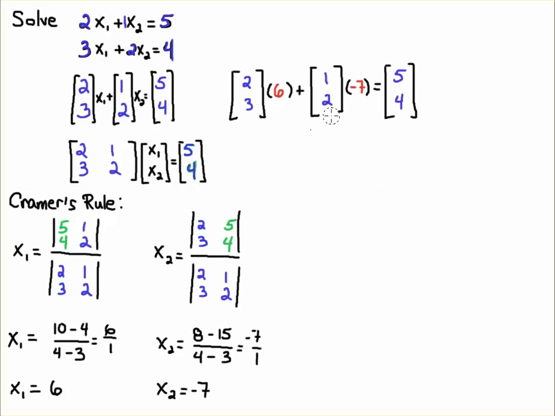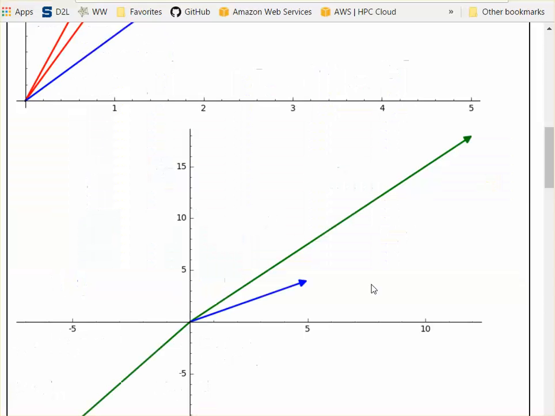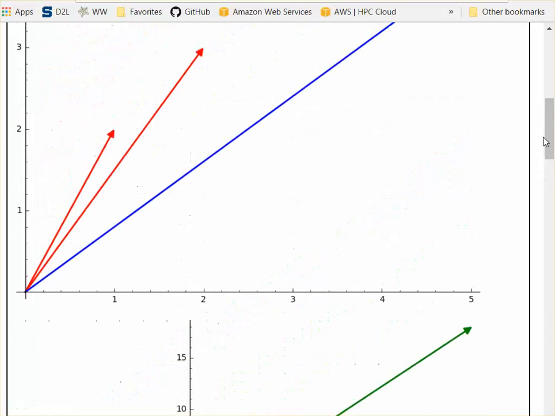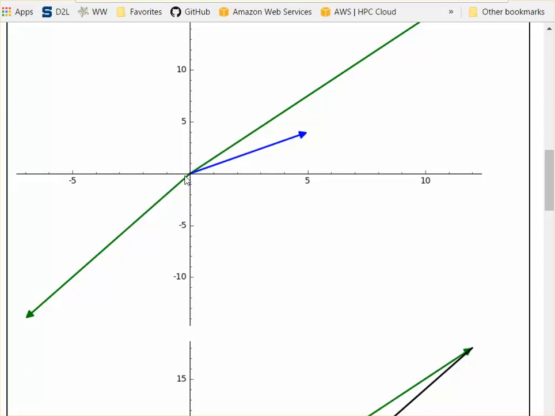If we take the vector 1, 2 and stretch it by minus 7, that means we go in the opposite direction, and we get minus 7, minus 14. Then if we do that,